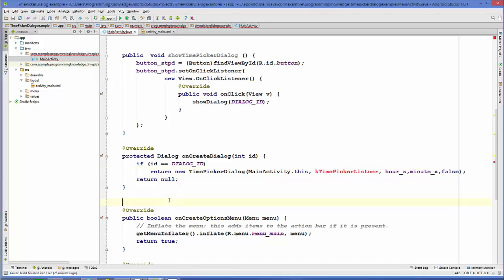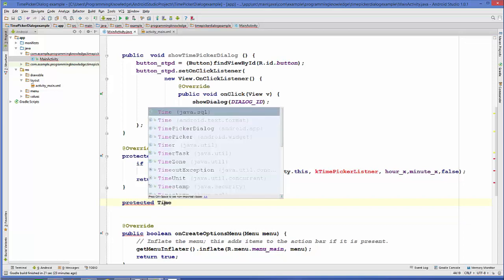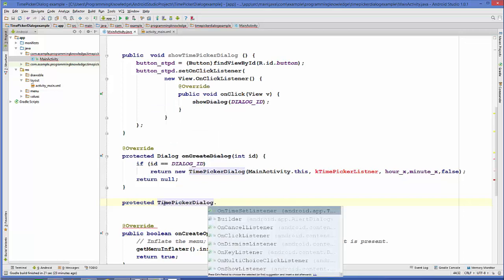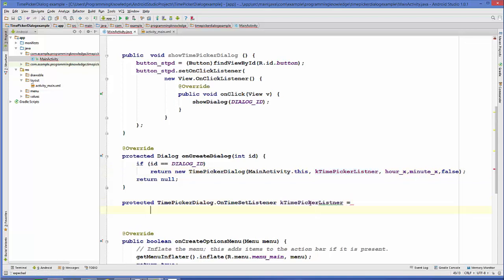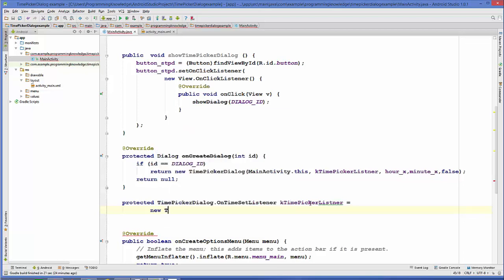It will be protected, and let's create some space here, and it will be TimePickerDialog.OnTimeSetListener, and the name of the variable is this one which we are going to declare, is equal to new OnTimeSetListener.